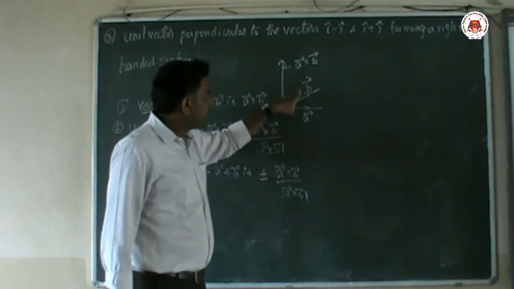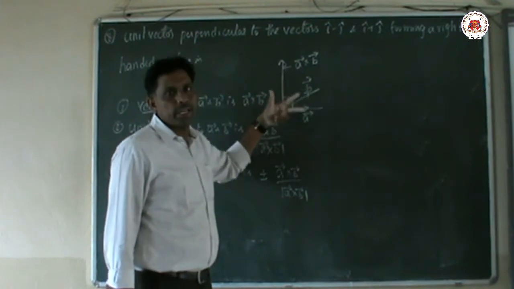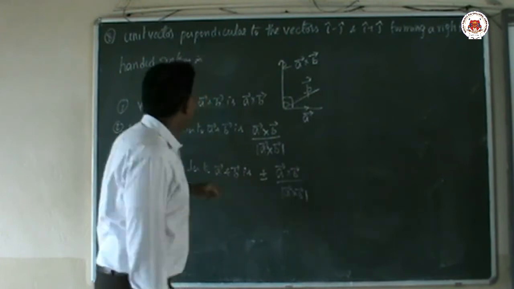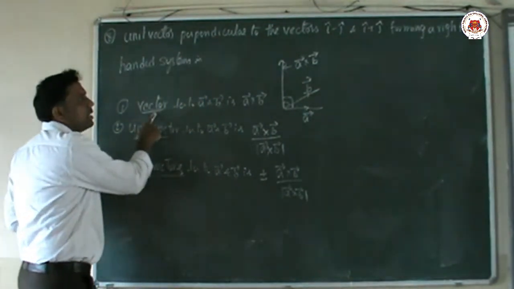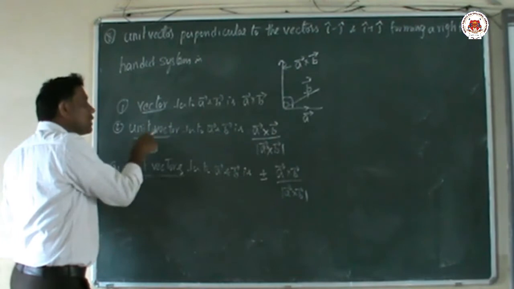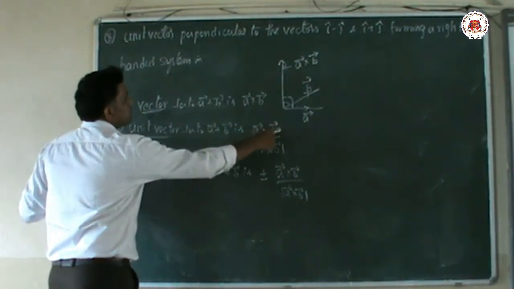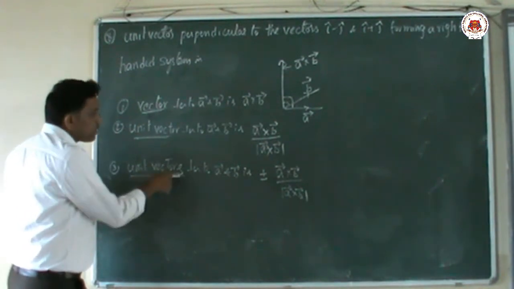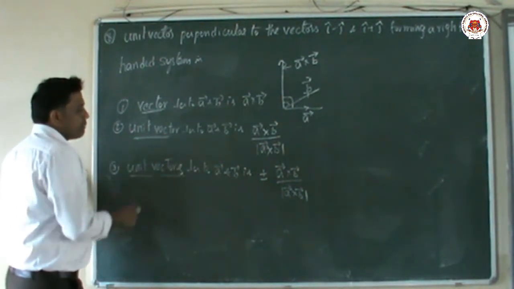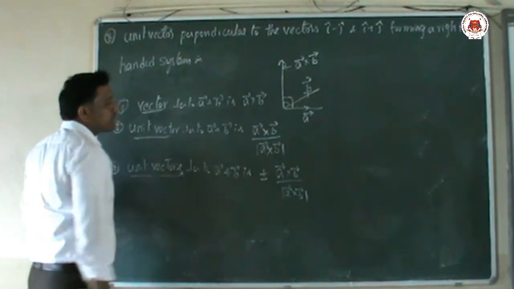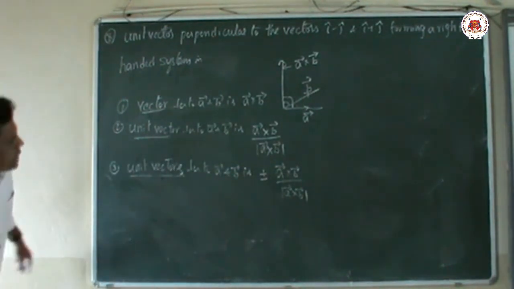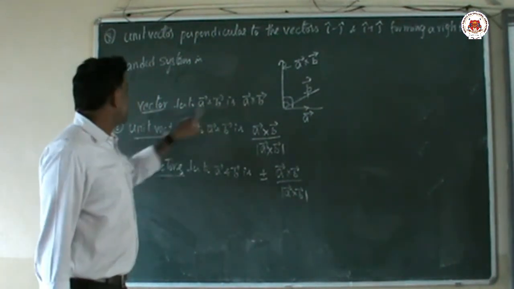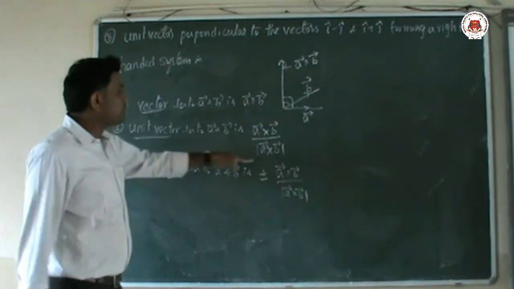A vector, B vector. This is a right hand system. Right hand, A vector, B vector. The thumb is nothing but the cross product. If we are asked only for a vector, then A cross B. If he is asking for a unit vector, then vector A cross vector B by mod of A cross B. Unit vectors, this is singular, this is plural. Then you have to put the plus or minus. This point is very important, sir. These three points belong to the same concept. Vector is A cross B, unit means modulus, vectors means plus or minus.